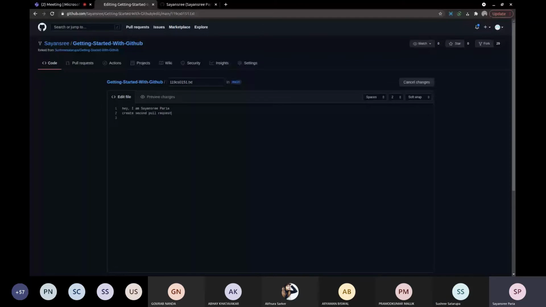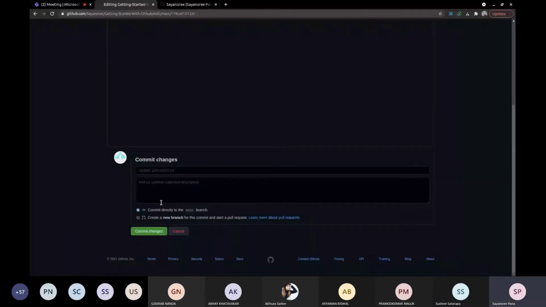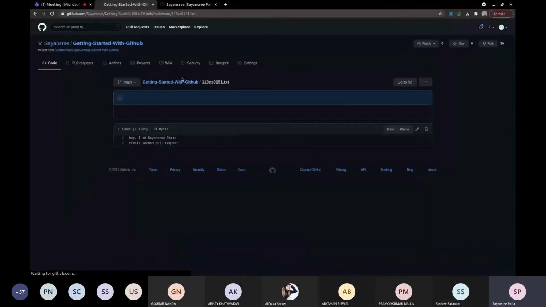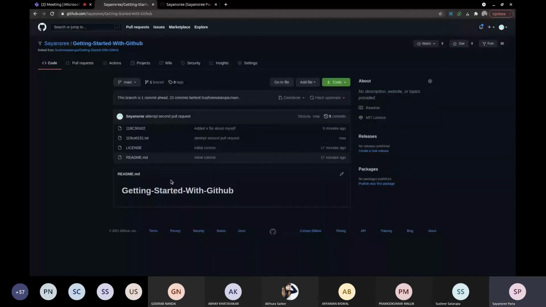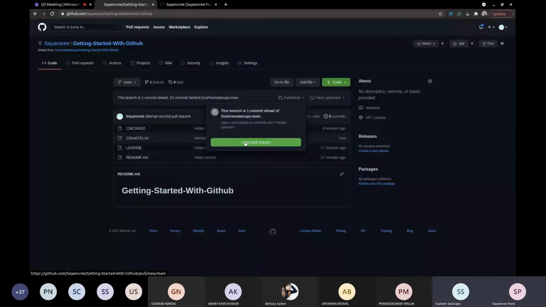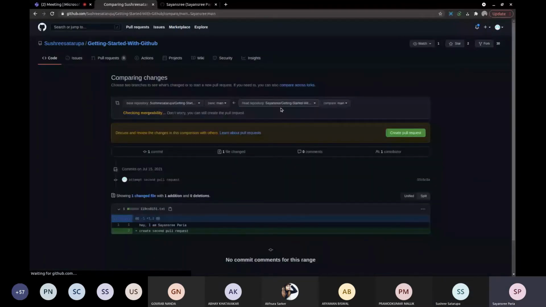You can see I have made some changes. Now I can open a pull request. So I go to contribute, open pull request. Then you have to go to create pull request.